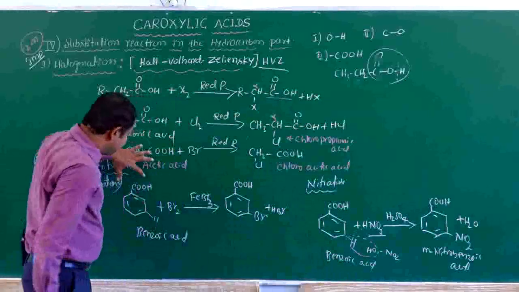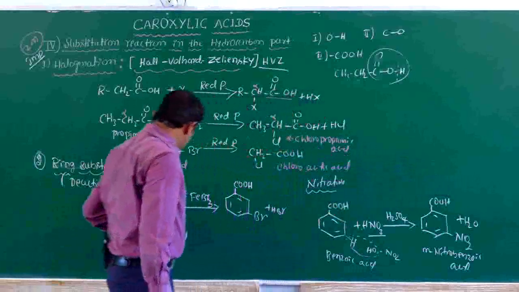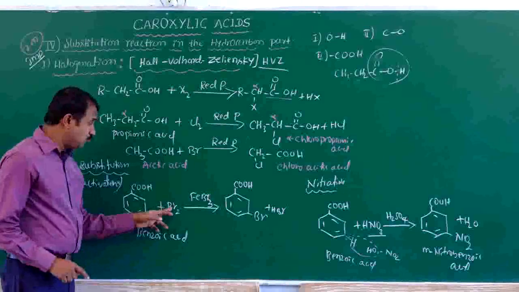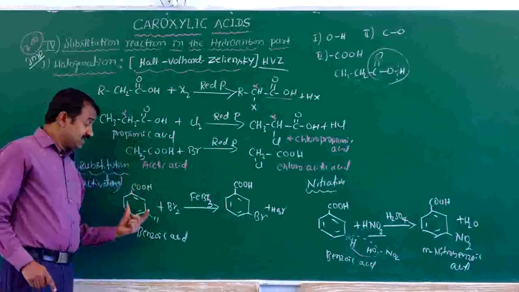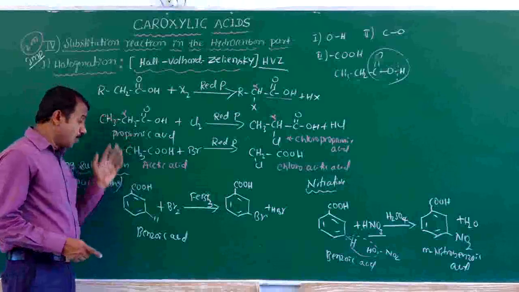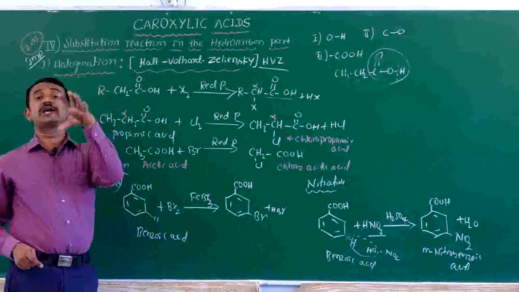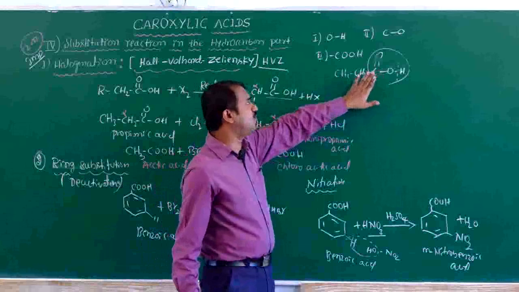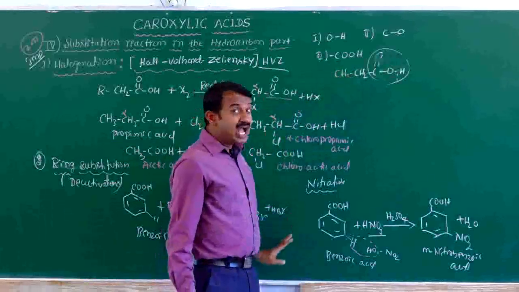This does not affect the carboxylic acid. Listen here, it is the effect of only the hydrocarbons. Hydrocarbons means electrophilic substitution. Here also is bromination, an aliphatic bromination. This is an electrophilic substitution reaction, and that is a free radical substitution reaction. Both are substitution reactions. It is the effect of only the hydrocarbons, aliphatic and aromatic, and it does not affect the carboxylic acid. This is very important.